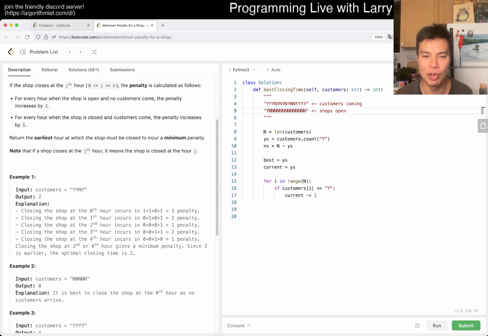Because now it converts this Y into a no. So then, it means that it converted an incorrect thing to a correct thing, right? So that's a match. And then the other case is if this is a no and you convert it to a yes, then in that case,